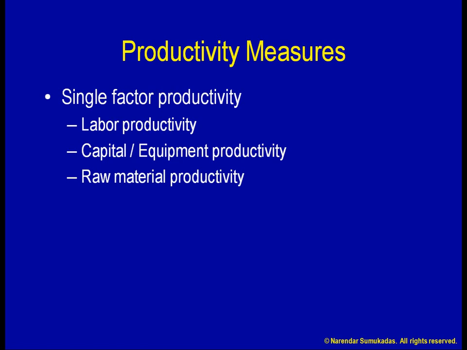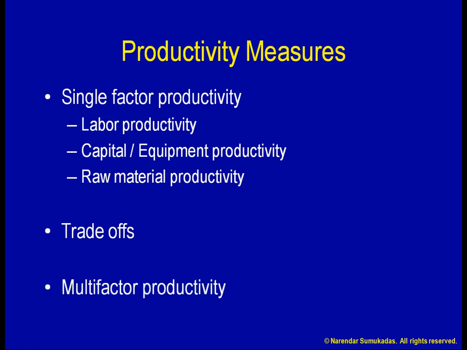As we have just seen, whenever we have single factor productivity measures, there are likely to be trade-offs. One of them is high, the other one is low. One of them points us towards process A, the other one points us towards process B. Typically, we also need multi-factor productivity measures, which give us a sense of overall how we are doing with respect to multiple factors of input. Now, of course, if we can throw in every single possible factor of input,